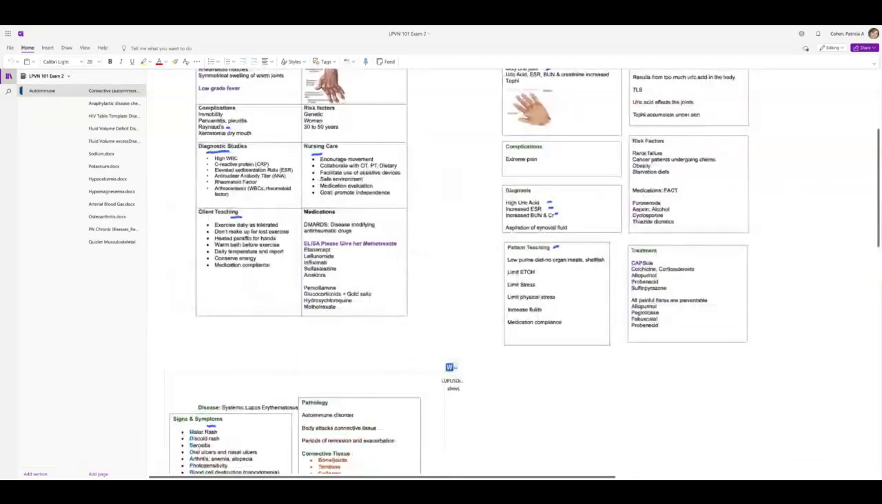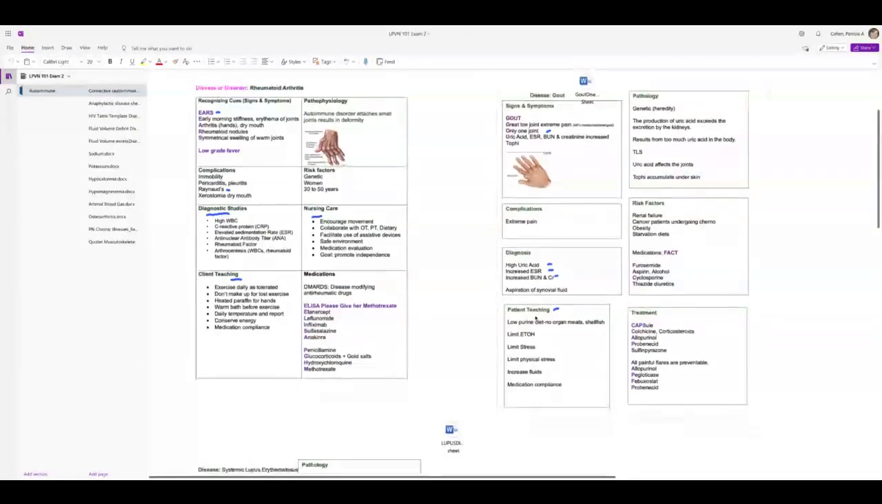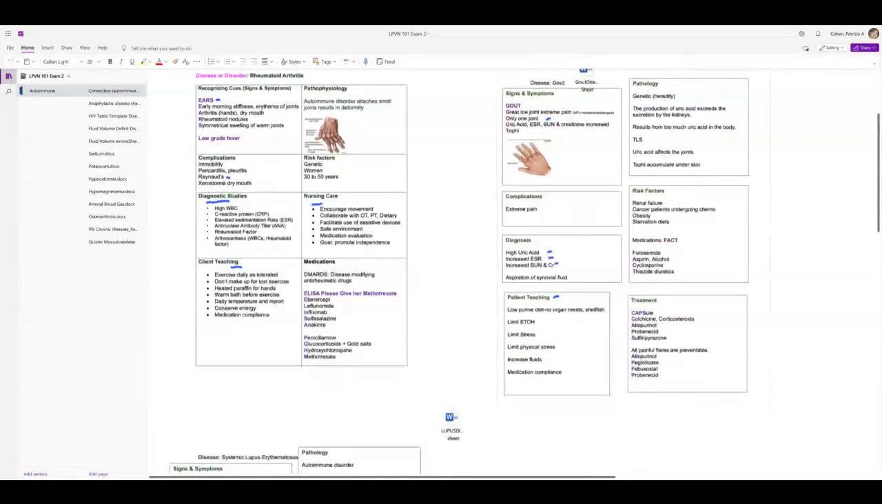Okay, gout. Gout usually affects one joint and it's due to a high level of uric acid. So for some reason, their body produces uric acid, and maybe they can't excrete it from the kidneys. Okay, so what you need to know is, of course, they're going to have the elevated ESR, but this is what's important: the